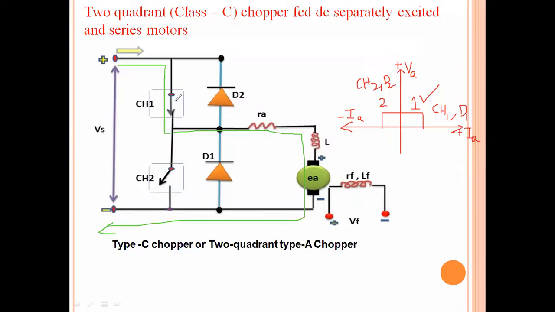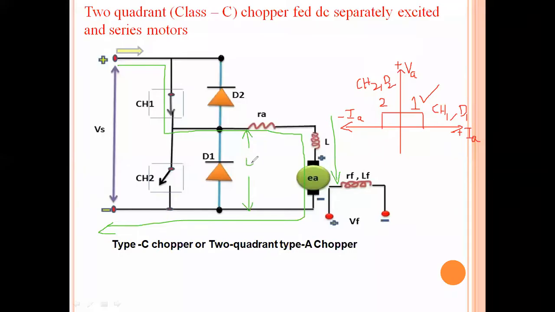During the switch 1 on condition, the current flows from the DC source positive terminal to switch 1, to RA, to LA, to EB, to the negative terminal. So during this, the current direction will be like this,